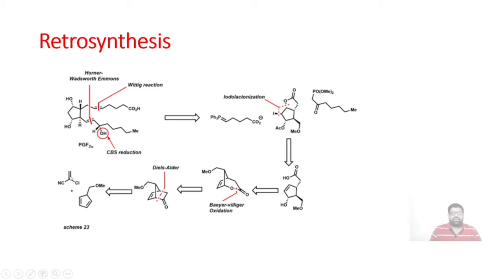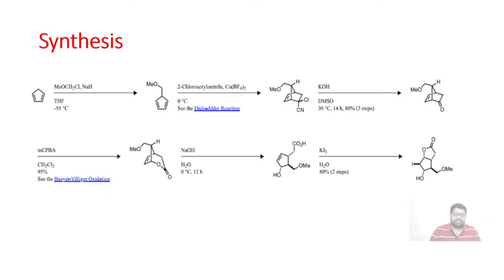So this is how the retrosynthesis was carried out by E.J. Corey and co-workers, and then finally the synthesis of prostaglandin. So let's see the synthesis. I think anyone who loves organic chemistry will fall in love with this synthesis, because it is so convincing, with simple steps and no hard and fast products. Simple and easy product formation we can see in this synthesis.